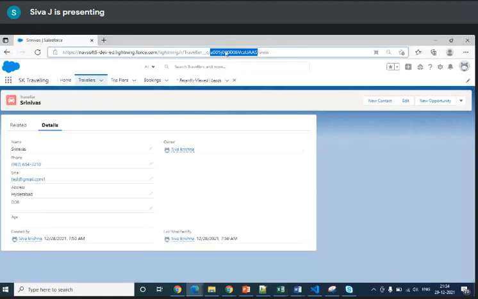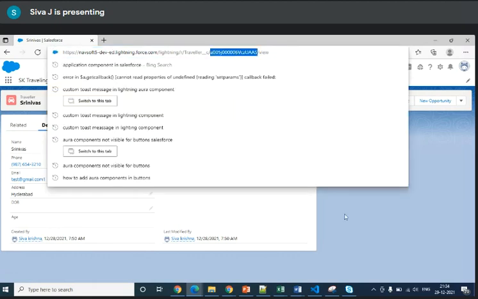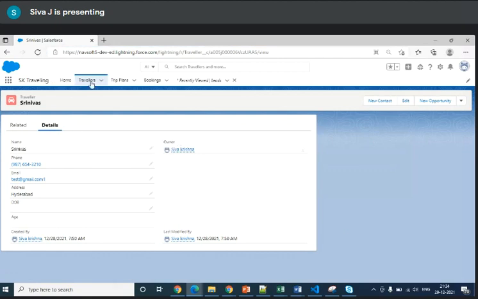Okay, so you can recognize the ID through the URL. Once you click that record, this is the record detail page, right? Once you open that record detail page, you can see the URL, and in that you can get the ID. When you export the data of this particular object, you will get all the record IDs automatically. So I can tell you how to do it.